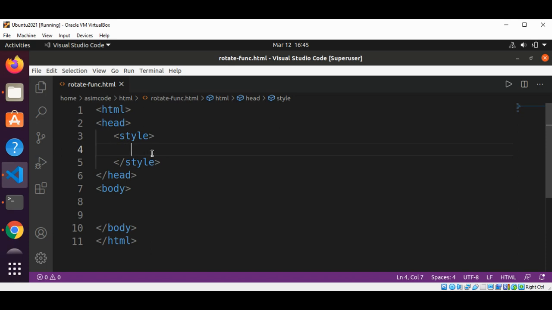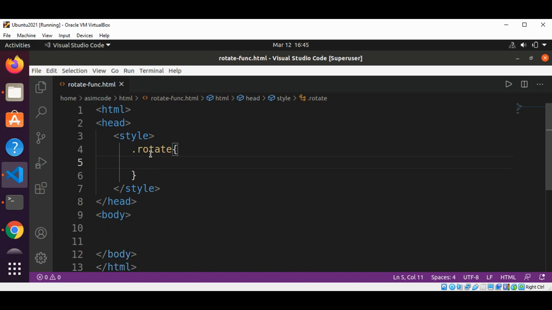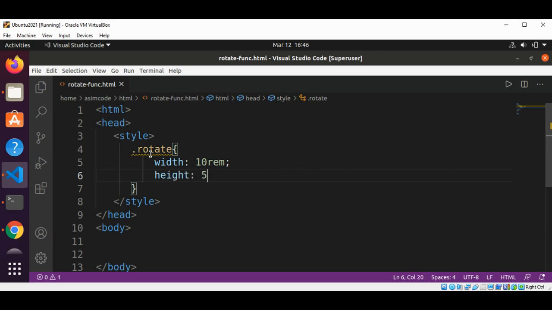Already added the style, and now I'm going to add .rotate, and inside our rotate I will set the property width to 10rem and height to 5rem